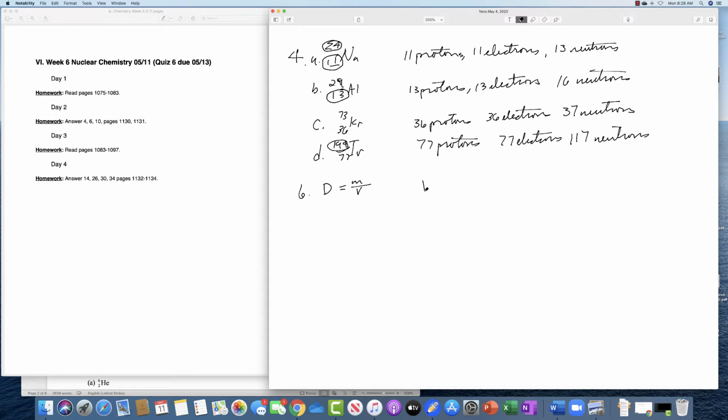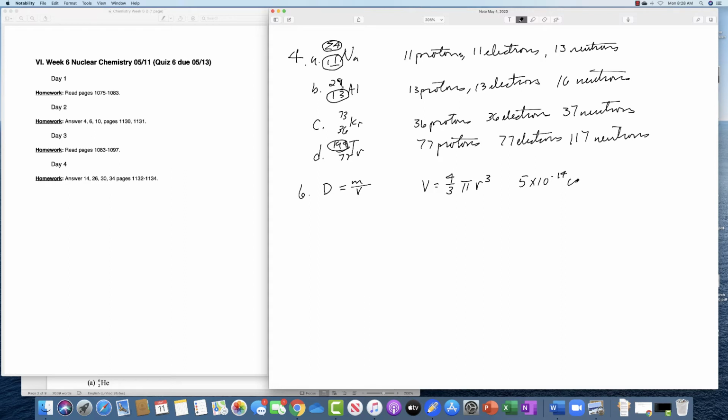So we need to calculate the volume from this diameter they gave you, and we know that a sphere has a volume of 4/3 pi r cubed, and r is 1/2 the diameter. So 1 times 10 to the minus 13 gives r as 5 times 10 to the minus 14